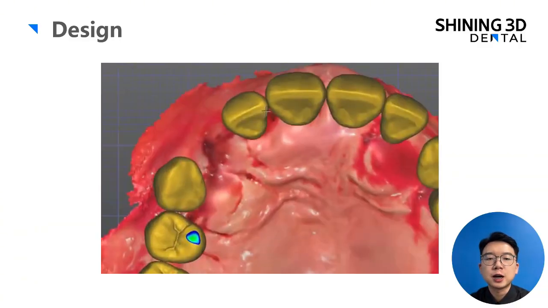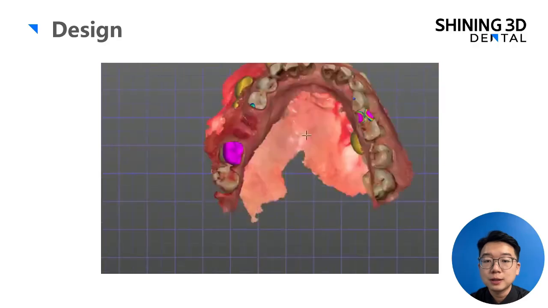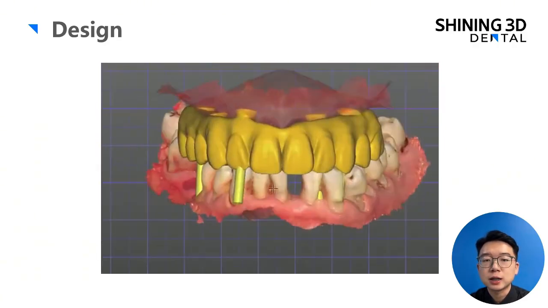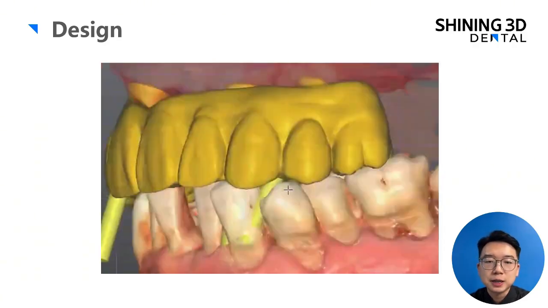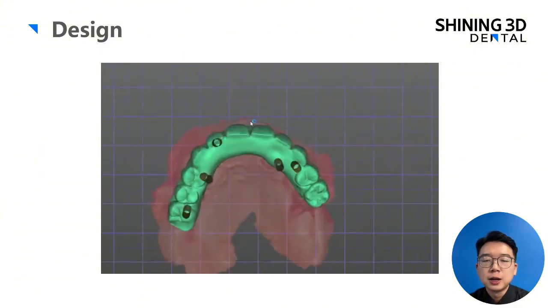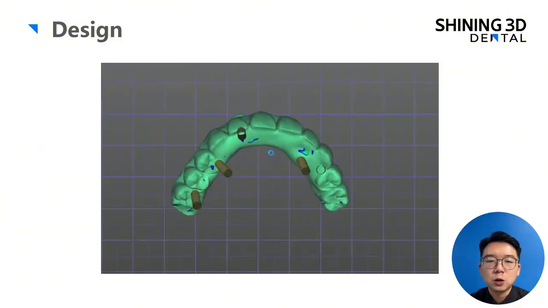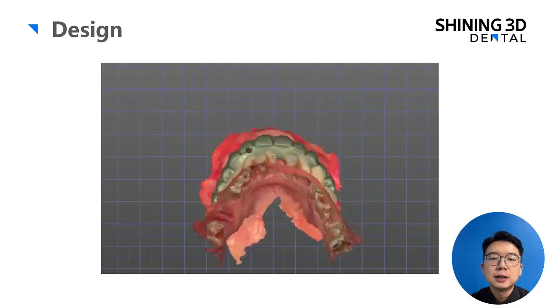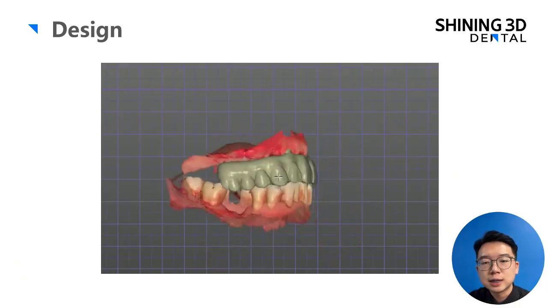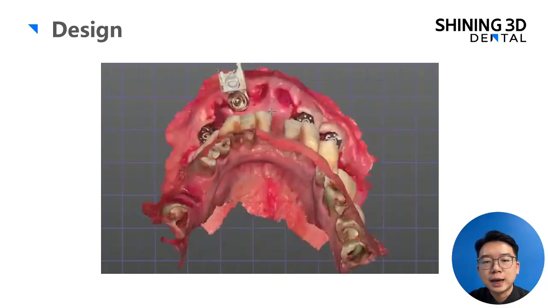We need to cut the CAP scan bodies out before we start the actual design process, and then let the lab finish the whole design for this patient. Once the design is finished, we can have the lab technicians send back the design data, and once we receive it, we can